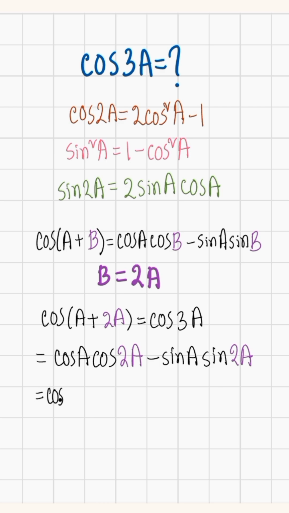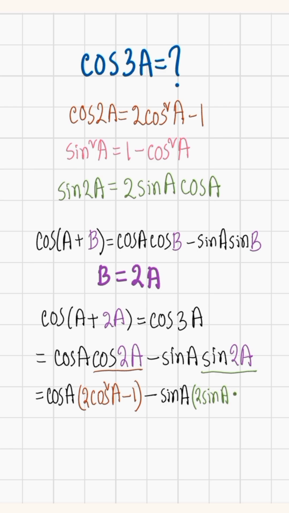equals to cos A into cos 2A এর জায়গায় লিখতে পারি 2 into cos square A minus 1 minus sin A into sin 2A এর জায়গায় লিখতে পারি 2 into sin A into cos A equals to cos A into 2 into cos square A হচ্ছে 2 into cos cube A minus cos A into 1 হচ্ছে cos A minus sin A into 2 into sin A into cos A হচ্ছে 2 into sin square A into cos A